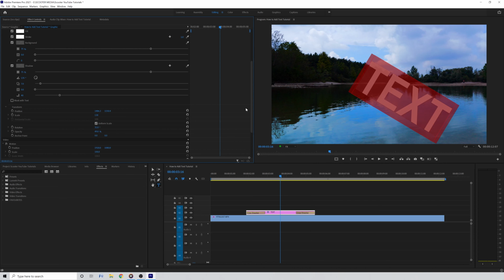If you prefer to just drag the text around in the program monitor to move it, you can do this with the Selection tool. I hope this little video helps with adding text in Premiere Pro,